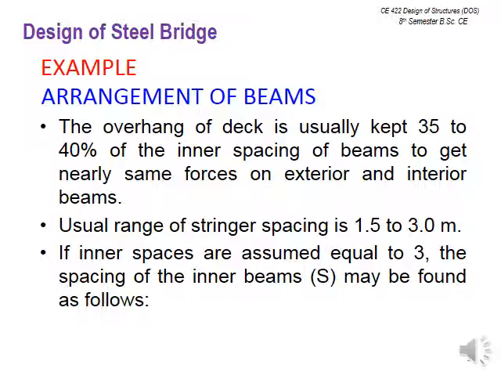And out of the MU of exterior and interior stringers, the greater one will be the design value for MU, and out of the VU of both interior and exterior stringer, the larger one will be the design value for VU for shear. Okay, so for shear and the moment, you have to take out the design value, and then based on those design values, you have to give the same design for the exterior and the interior beam. So only one design is required at the end for the stringers, and only one section is required for your exterior and interior beam. But it is recommended in AASHTO and in all of the specifications that you do the analysis separately.